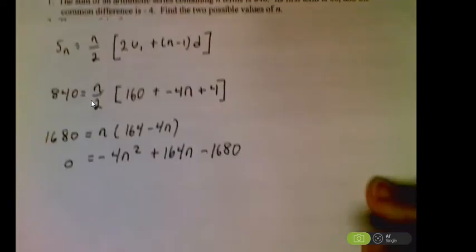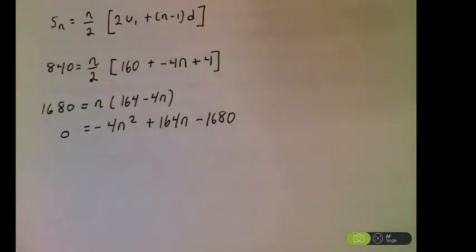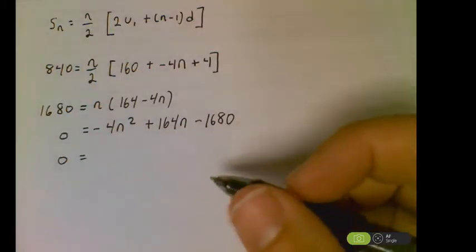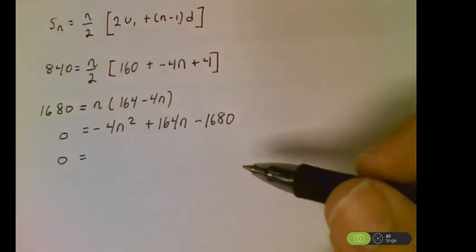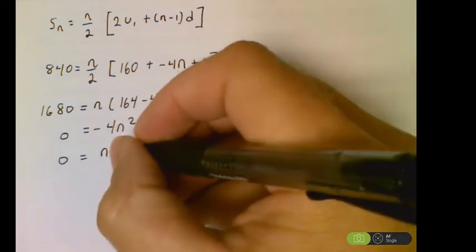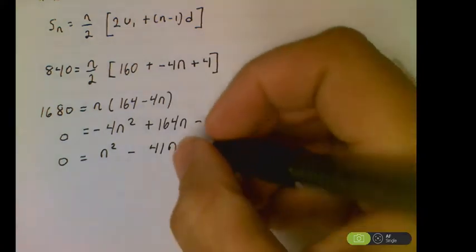A couple things we can do from here. We're just solving a quadratic, so it's about making life easy for yourself as you solve this. We can use the quadratic formula, factoring, whatever makes sense to you. In this case, just to make life easier for myself, I would divide everything by -4 to simplify the terms. I don't like my leading term to be negative anyway, so I would have at least divided everything by -1 to change all my signs. But in this case, we're going to divide everything by -4. So we're looking at n squared for the first term, then negative 41n for my middle term, and then plus 420